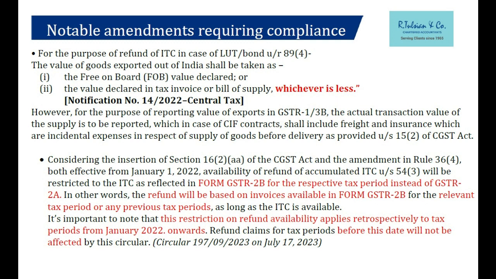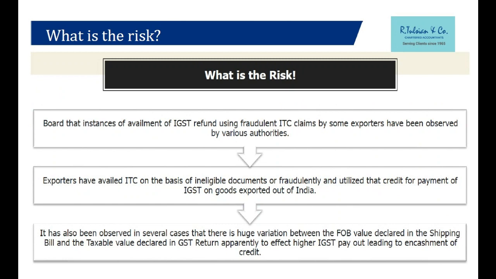But I am a very unscrupulous person. I want to inflate this so that I can set off more chunk of my input tax credit against it, and when I am making export with payment of tax, I will get more refund. Try to understand what I am saying. Every month refund मिलता है, पता है ना? When we make payment of IGST with export, we file, shipping bill is stamped, we file GSTR 1, now GSTR 3B also needs to be filed, and we get automatic refund from customs. No GST involvement. Right? So those particular cases, all of those parameters will be seen.